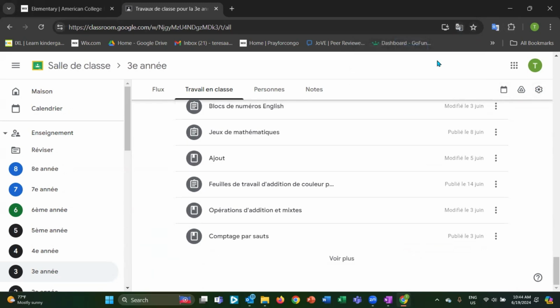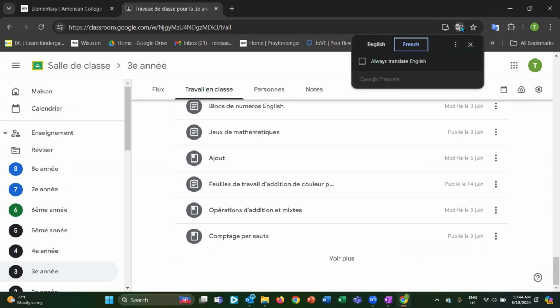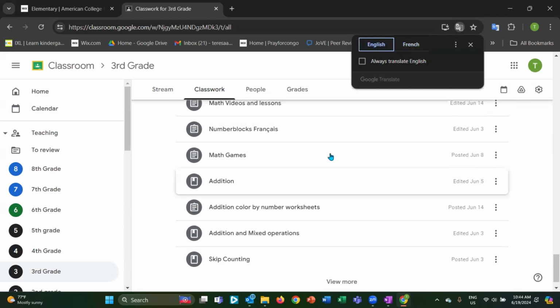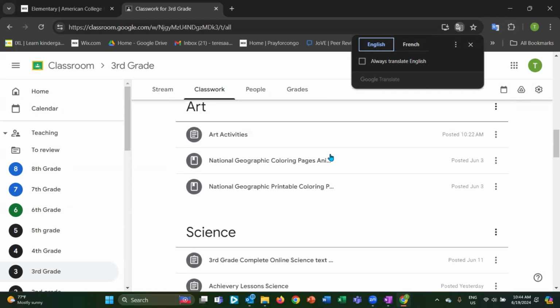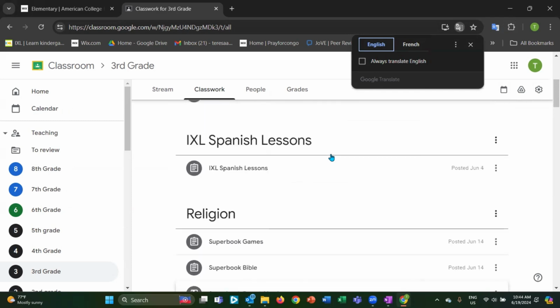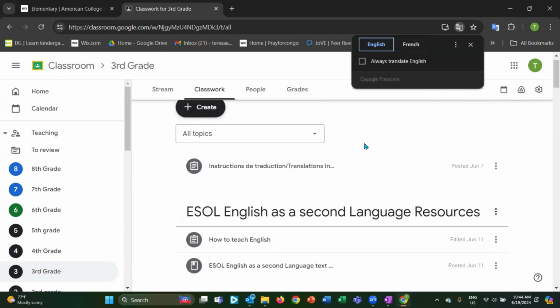So I'm going to go ahead and switch this back to English, and you'll see up here, once we've translated the page, we can just click on this little G button up here in the right-hand corner, and then we can switch back and forth between the languages. So we'll start up here at the top,